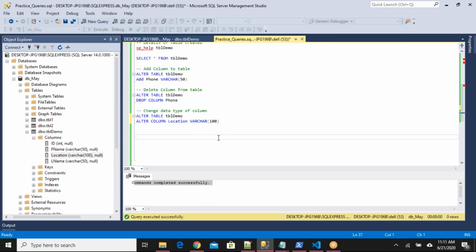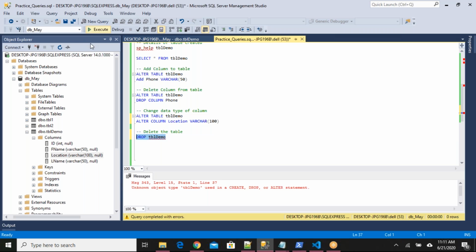So you don't want to continue with, say for example, you want to delete the table. You can simply say drop table tbl demo. So if you run this, sorry, drop table name. If you write like this, and if you select and execute this statement, your table will be removed.